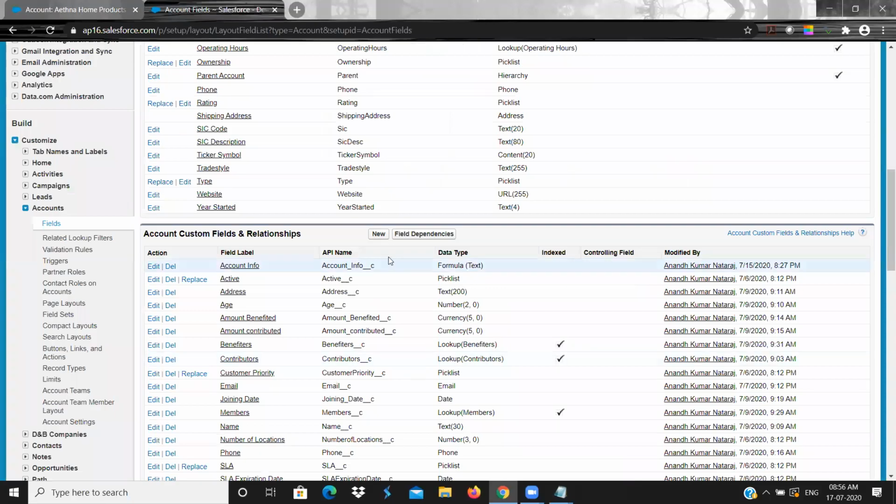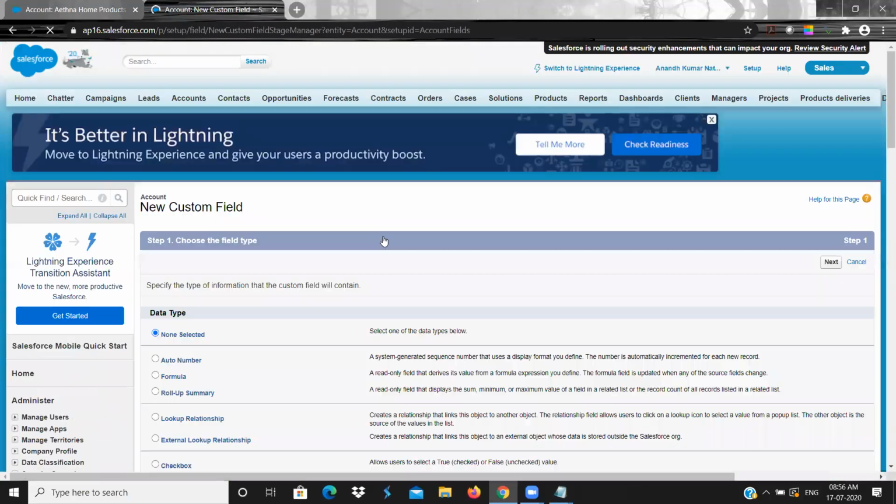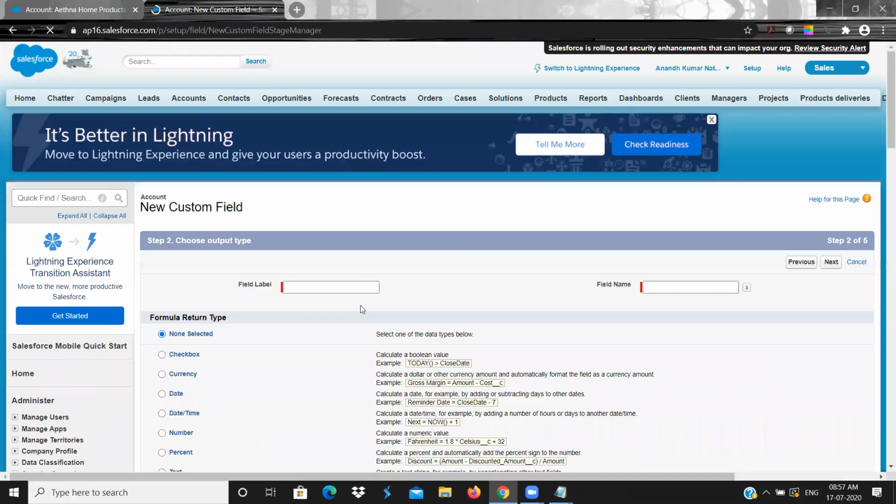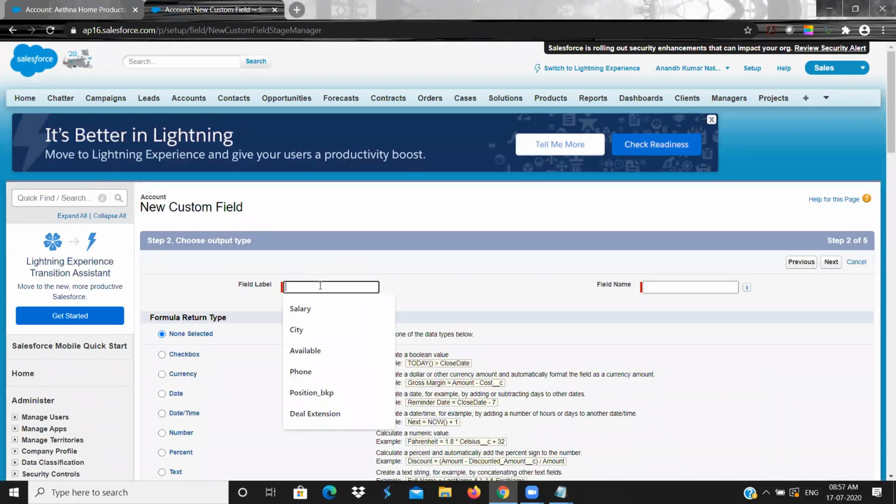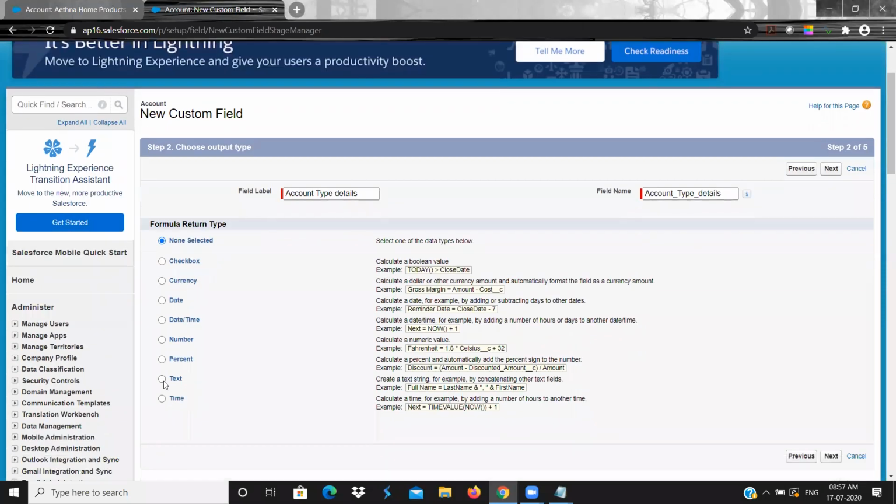Now we will apply it with case. Okay, new formula. Next, account type details, some value I'm giving. So the return type will be text.